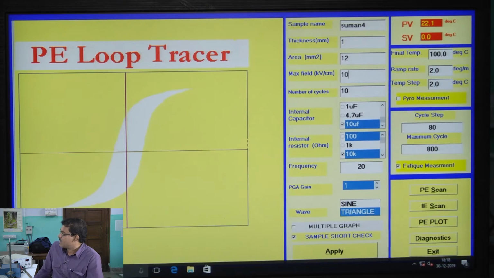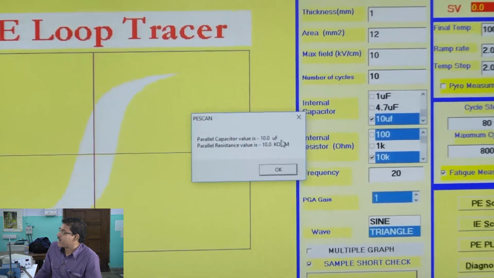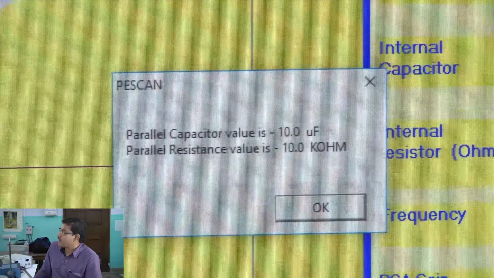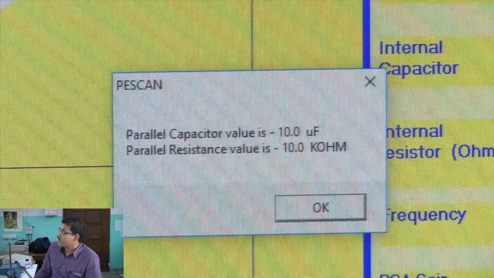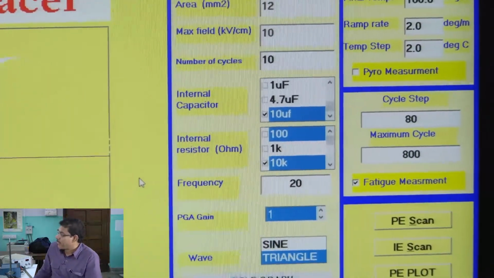If I just click apply here, it is showing parallel capacitor is 10 microfarad, whatever we have chosen, and parallel resistance value is 10 kilo ohm. Because there are other options also, it is just telling us which options we have taken. Then we will put OK.